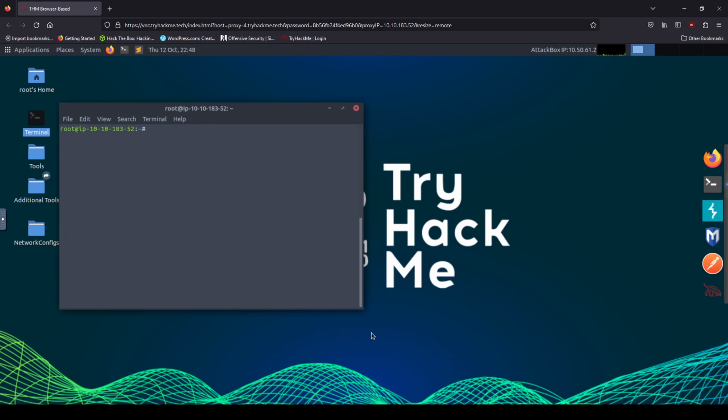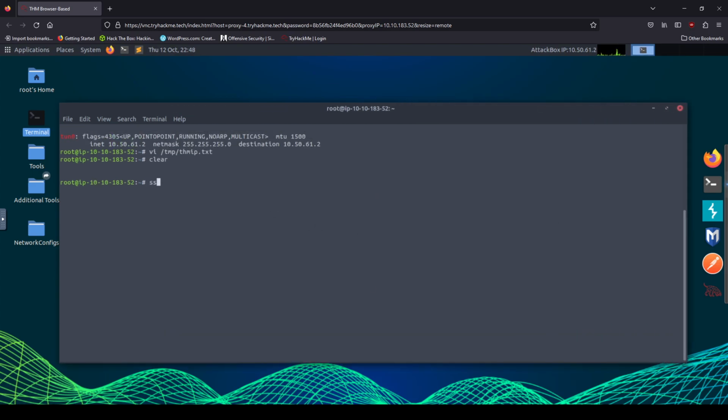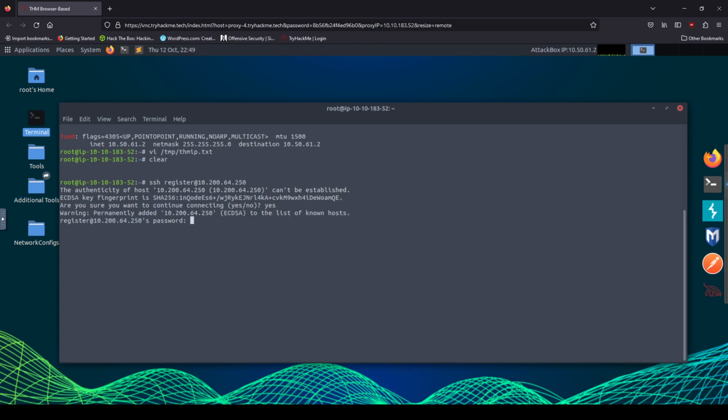And now we can register. Make this a bit bigger. So you're given the IP addresses already. So all we have to do is enter the credentials, which is register, and then your first 3 octets that's provided to you, and then it ends in 250. All these instructions are on the task itself. The password is also just register. So we're going to register. It tells us the last 3, which again, we just need 2, which we know is 2. Well, the last one, not the last 2. It takes a second,